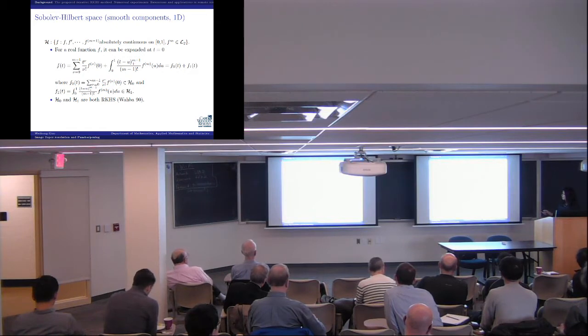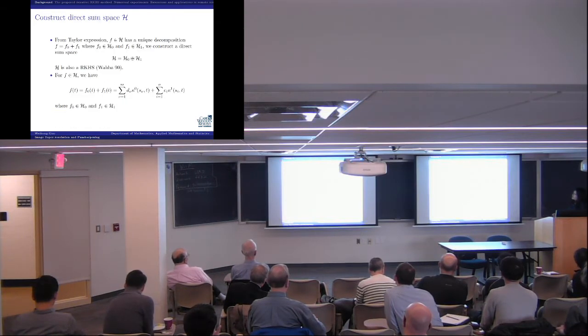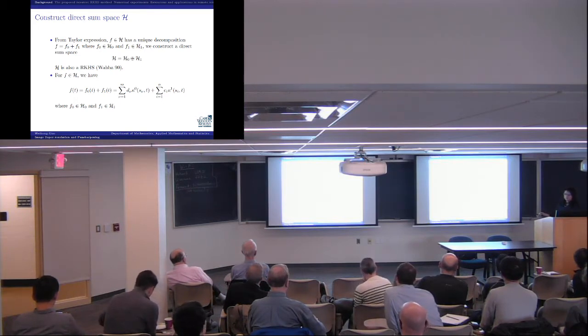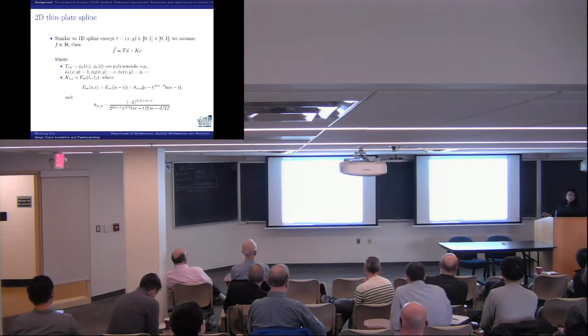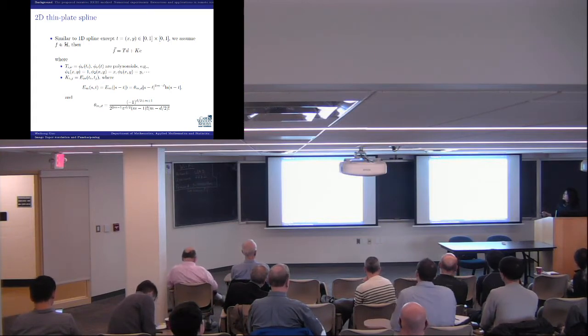All right. So as I said, if you are satisfied with this Sobolev Hilbert space, probably those are the two kernels you have. Then you go ahead to figure out the coefficients. Probably that's the end of the story. But if you want to apply it to the two-dimensional case, earlier was one-dimensional, where you do Taylor expansion in one dimension. If you do 2D, we're going to borrow the thing called a thin plate spline. Thin plate spline, because it's a two-dimensional thing. And you can follow the same idea.